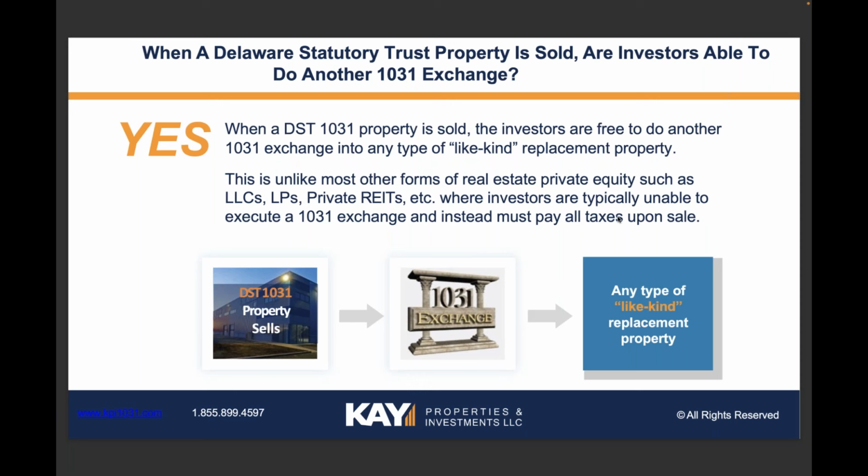So you're going to be able to exchange into another DST if you want, or a diversified portfolio of DSTs. You could exchange out of your DST into an apartment building that you would manage on your own. You could exchange into a warehouse or a piece of land, any other type of like-kind real estate held for investment or business purposes. So once you 1031 into a DST, you're not stuck there forever. When that DST goes full cycle and sells, you're going to be able to 1031 exchange out into any other